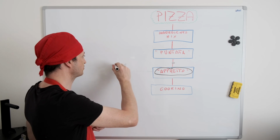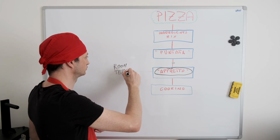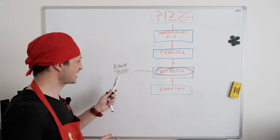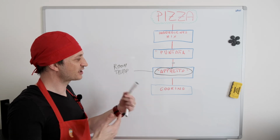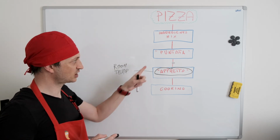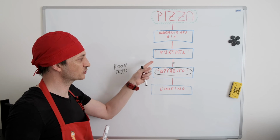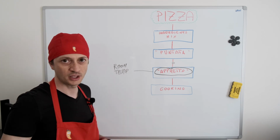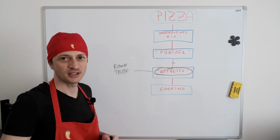This is always at room temperature. Always. So you can't be wrong. This last phase is at room temperature, and it can vary from a short amount of time to a bit longer, especially if in the previous phase you kept the dough in the fridge. Generally you need to wait for the dough to reach a bit lower temperature to then prepare the dough balls or the pieces of dough that will go into your tray, and then you will have this appretto phase,